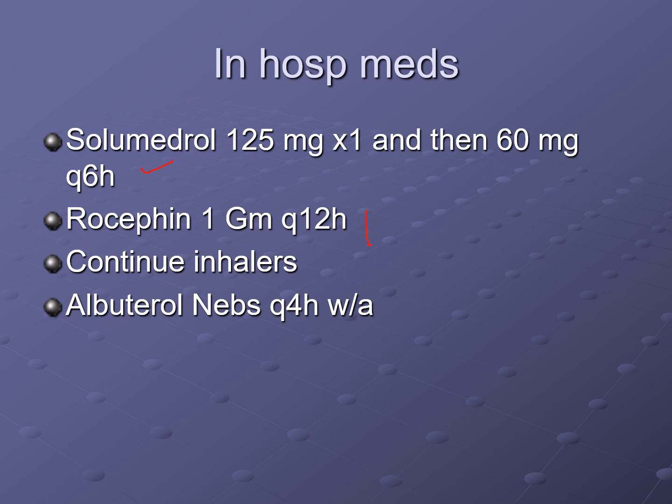She's also on antibiotics just because of the percentage of people with an acute exacerbation of COPD, even though probably 50% of them are predominantly viral, 50% of them are bacterial. So we usually do cover that basis. She's going to continue her inhalers, probably with the exception of her steroid inhaler, although if she's only on the other medicine for a few days, there's no reason why she can't stay on both. And she's getting albuterol nebs. Now, there are short-acting nebs that have both a short-acting beta agonist and a short-acting muscarinic antagonist. That is called duo neb.